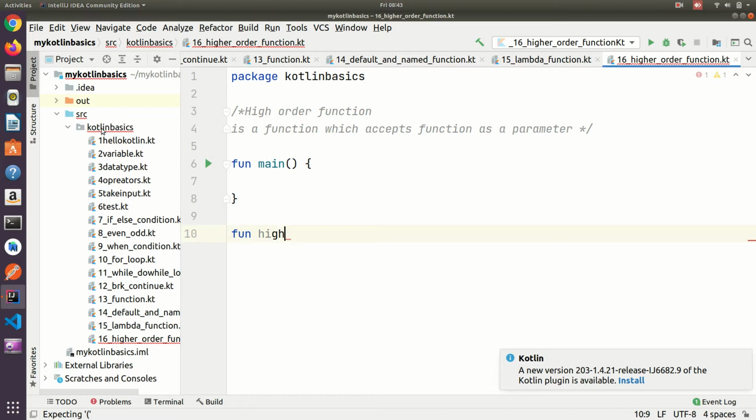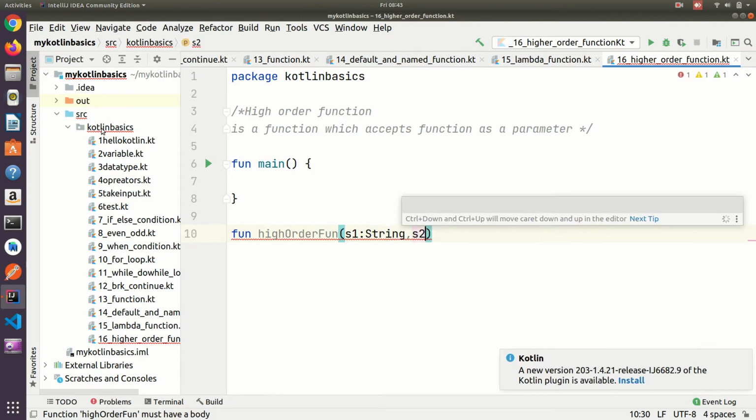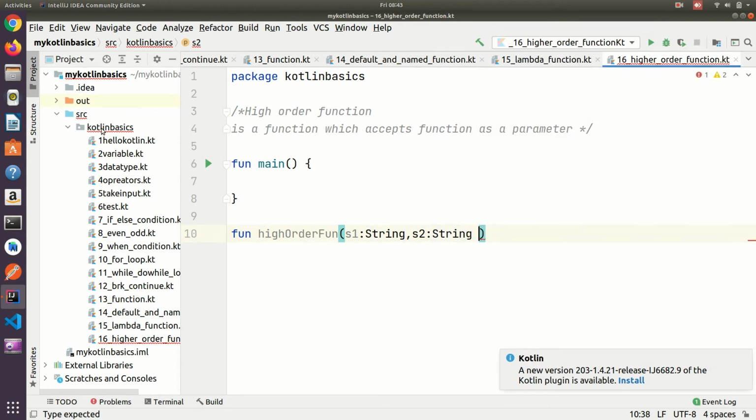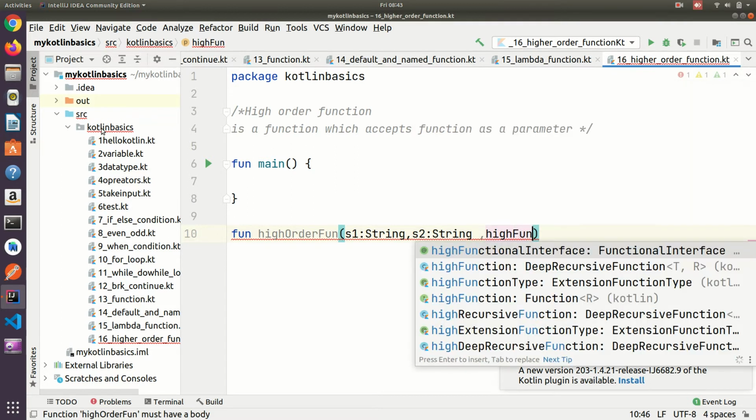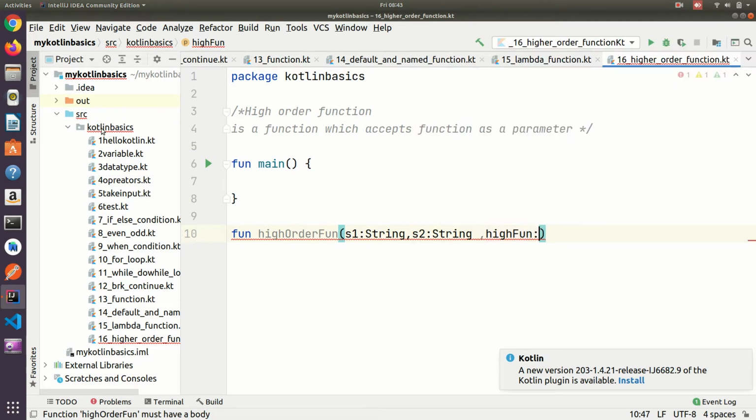In the previous tutorial I took int, so now I'm taking string1, string2, then I'm going to create one higher order function parameter, highFun, and in that I am going to pass a String to String